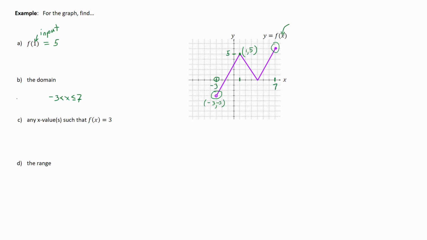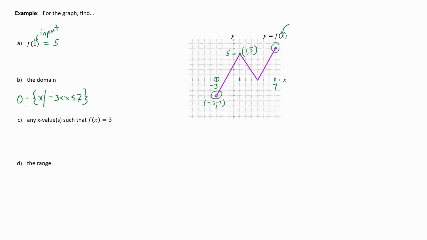So I'll use D for domain, and I'm going to throw in a couple of symbols. I'm going to use the curly bracket you're familiar with. I'm going to throw in another x, and then a vertical bar, and then at the very end, I'm going to put on another curly bracket. This is called set builder notation. And the way you read it is, okay,